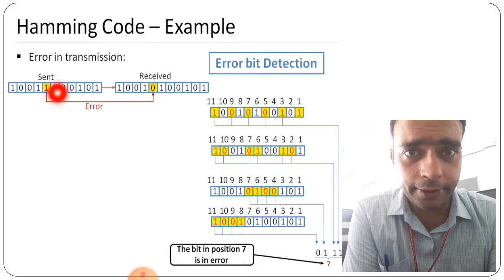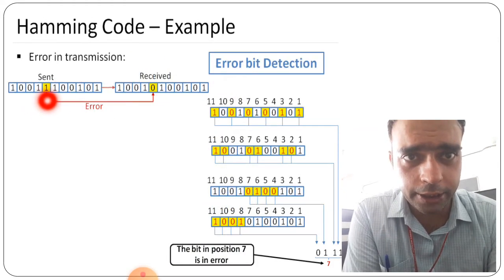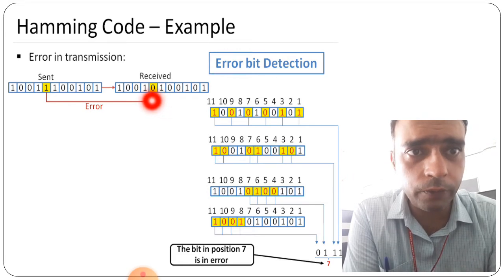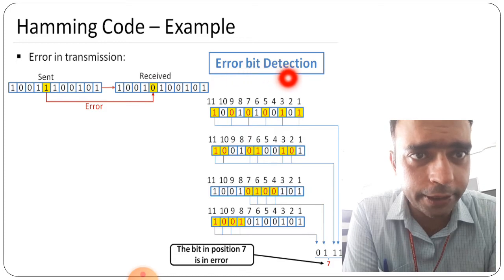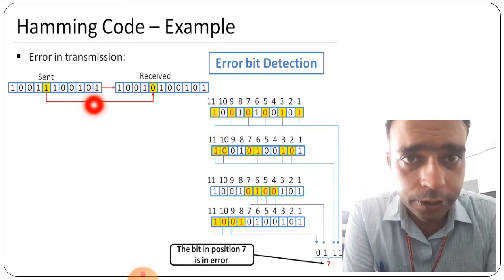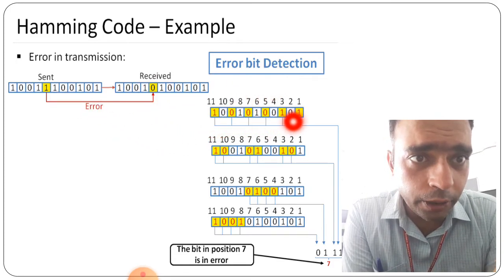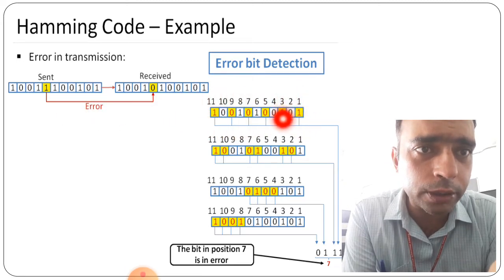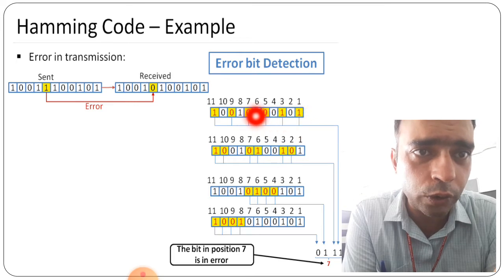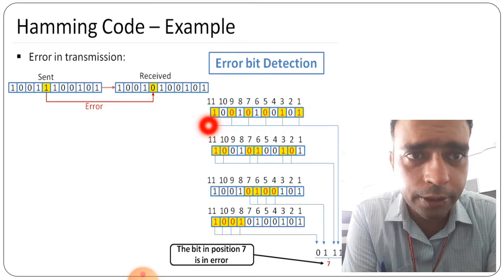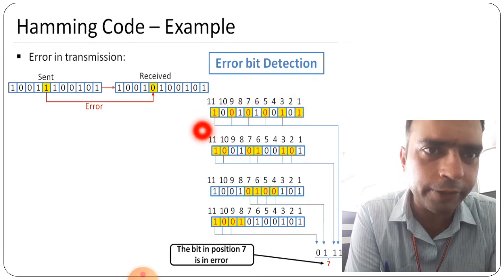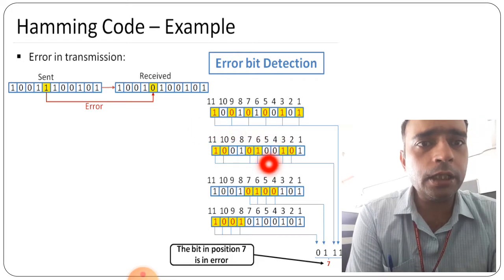So here the error is given: 1 is changed to 0 when it is received by the receiver. So how will we check that particular error bit detection part? Here we will take the R1 part. R1 was the one that detects odd positions, 1 1 0 0 0 1, right. So at the upper side we can take positions 1 3 5 7 9 11, the odd parts we are taking here. In the R2